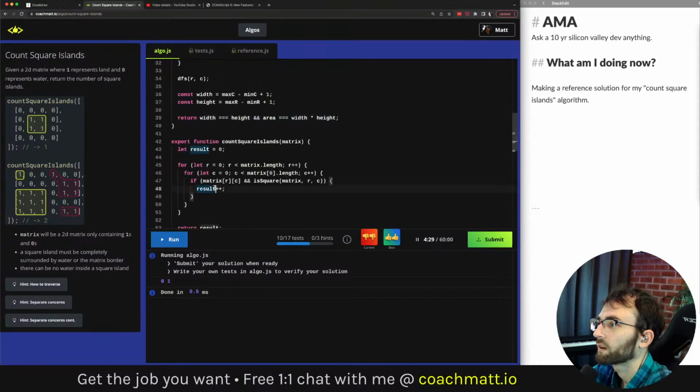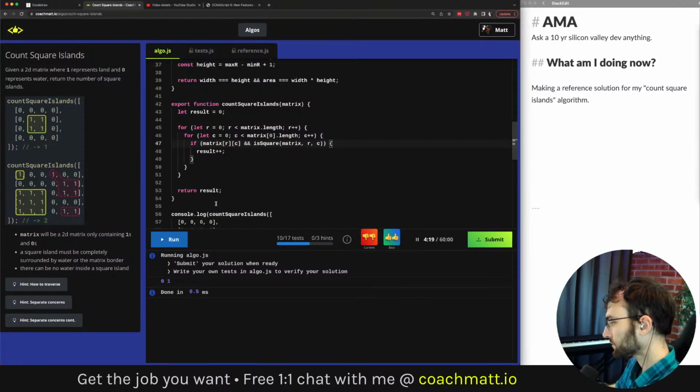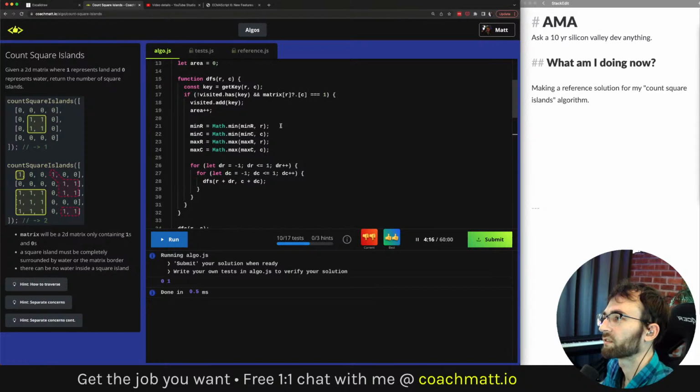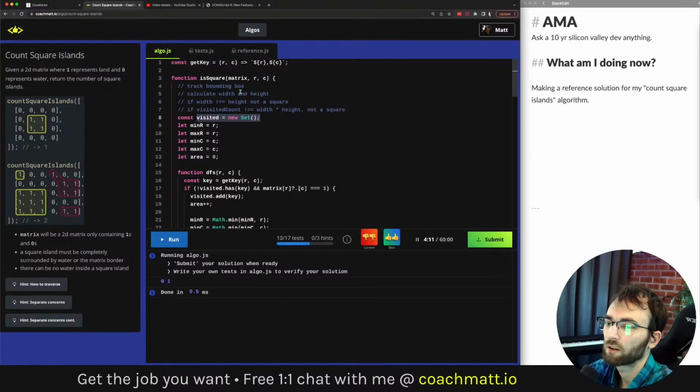So in that case, oh, right, okay. So the tricky thing is that the visited set is being reset each time we start at a new coordinate. Our visited set is making sure that we're not revisiting cells multiple times, but it gets reset each time we call isSquare again, which makes sense, right? We're declaring it inside of isSquare.